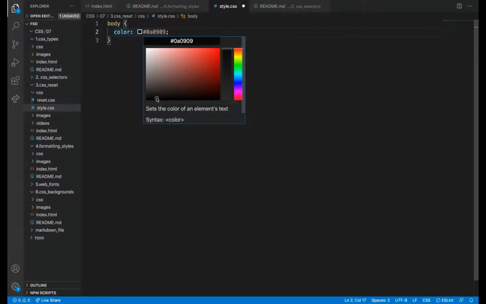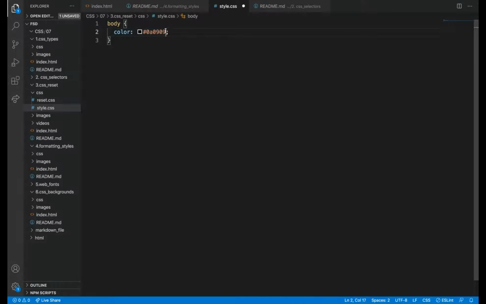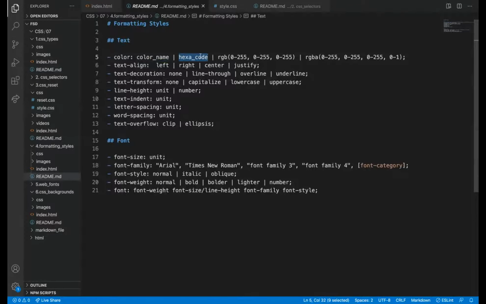This is the hex code. Hex code is a 6-digit code. Hex means you have studied hexagon; a hexagon has 6 sides. So with 6 characters, it is a hex code.